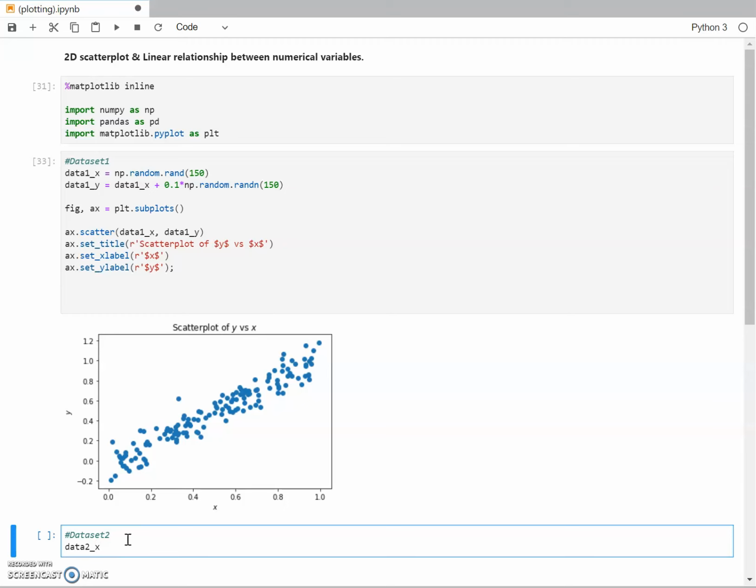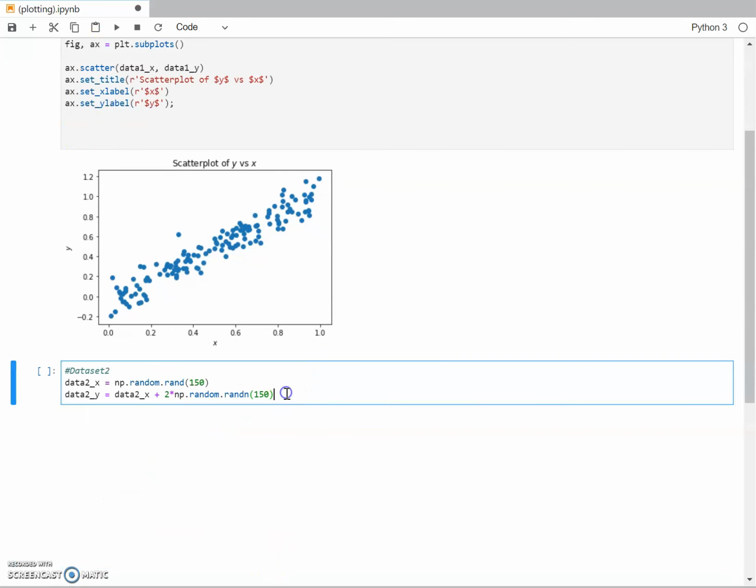data2x equal np.random.rand 150, data2y equal data2x plus 2 multiplication np.random.randn 150, and then we have one space